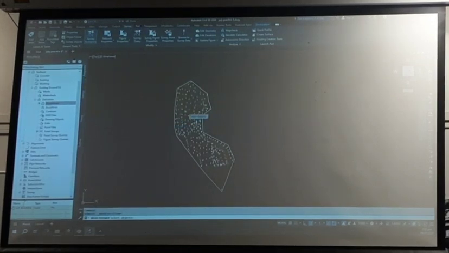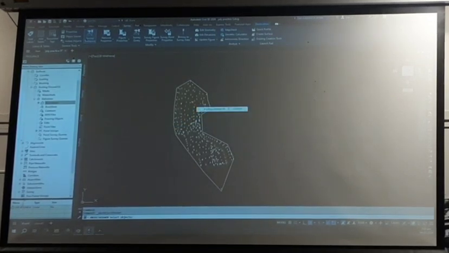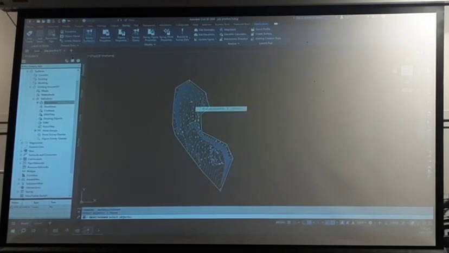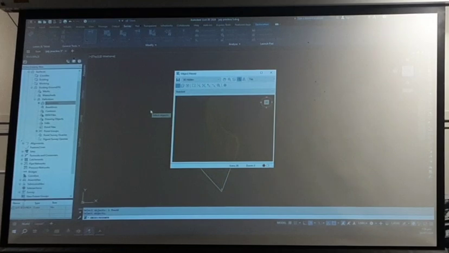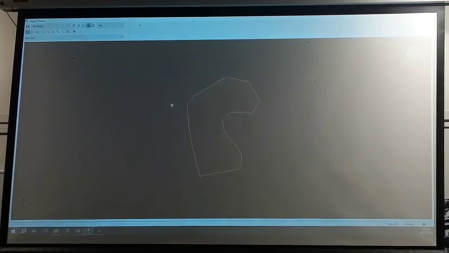It's asking to select the surface, so click on one of the contours and enter, and you get this box. Holding your left mouse down, play with the surface, and if you're lucky,